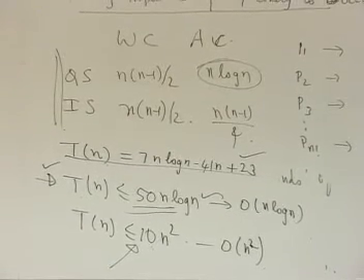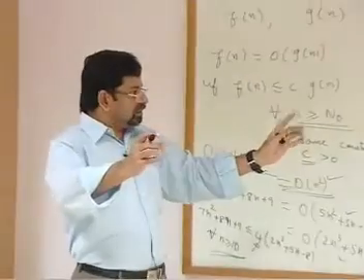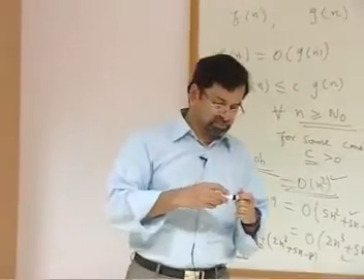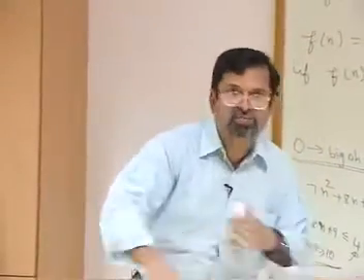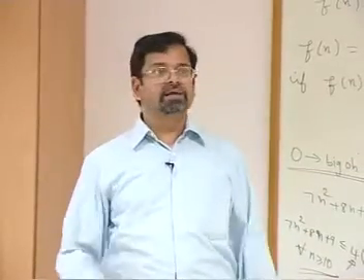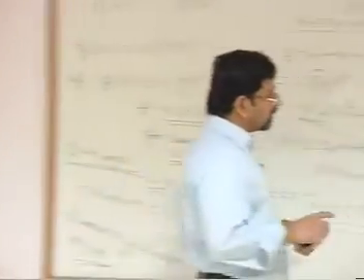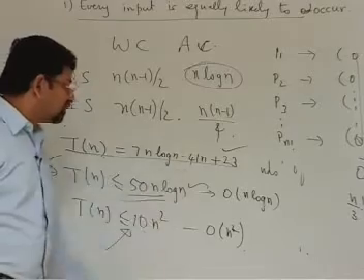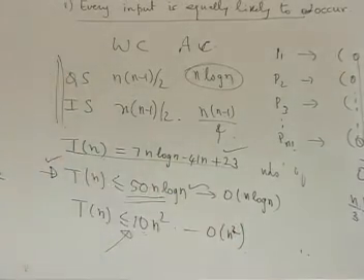My unknown complexity function, I don't know what it is, very weird, I couldn't solve it that way, but I tried to estimate. When I tried to do the estimation, I found that as order n square. Okay? So that gives you an upper bound. But somebody who has done a lot more careful analysis said it is order n log n, and now this gives you a better insight. Okay? Therefore, now you see that this is very close to it. This is also an upper bound, this is also an upper bound, but this is a tight upper bound.